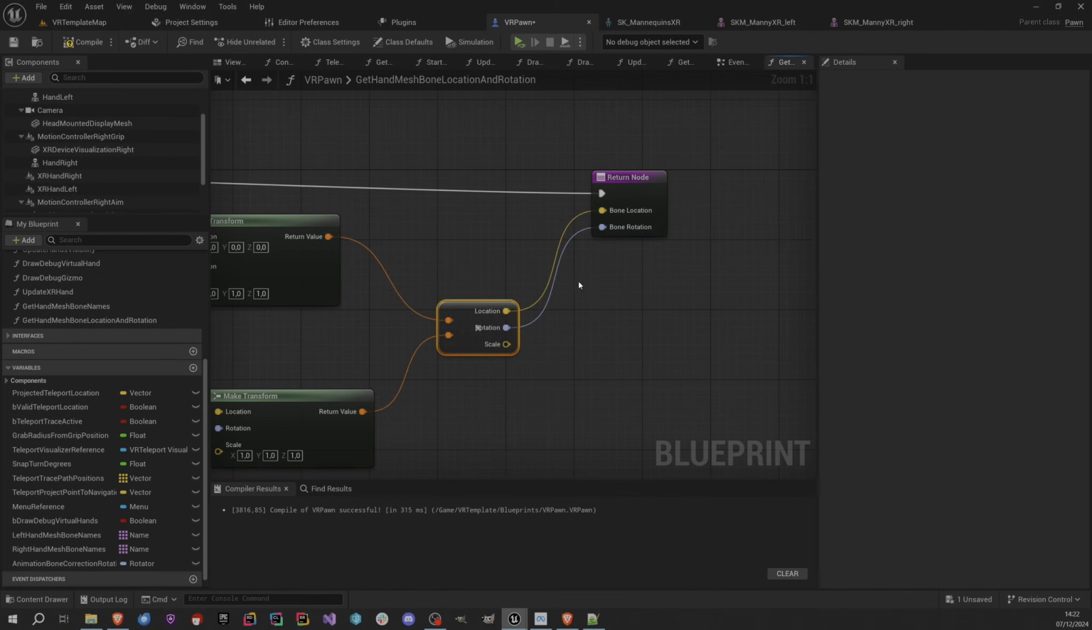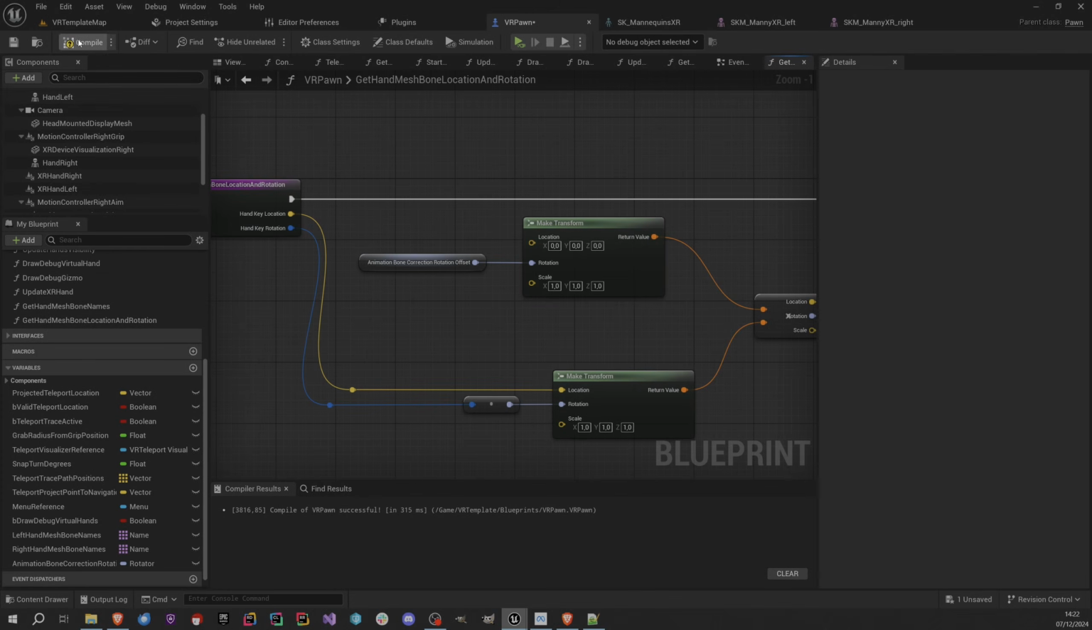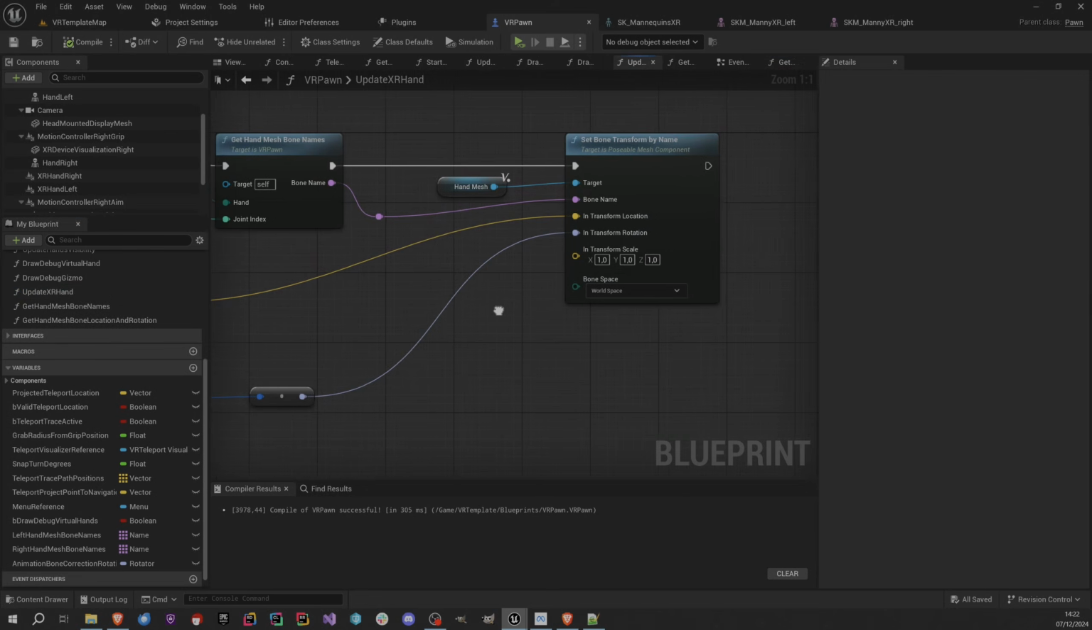That's all we need. Of course, we have to know the offset as well. But anyway, that's it for this function. It's going to calculate the transform. Then I go inside my update XR hand function here,